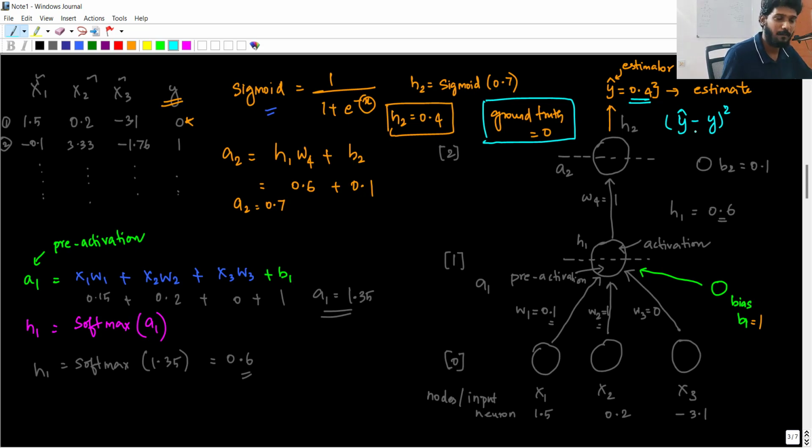So this is a way to just get a number to indicate how good our prediction is. In this case, I would get 0.4 minus 0, the whole squared. That would give me 0.16. So this number indicates how good my prediction is. Suppose instead of 0.4, I got 0.9, right? If I got 0.9, which is very far away from 0,